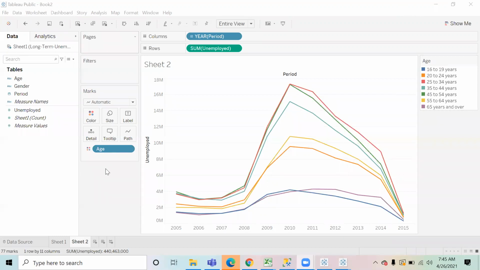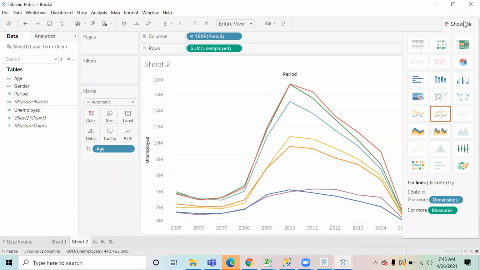Now, what we are going to do over here is, first of all, we are going to change the chart, right? So by default, up till now, what we have learned is that whenever we are creating charts, Tableau is automatically creating them for us. If you want to change the chart style, what you do in that case is you click on Show Me. If you click on Show Me over here, you will see different types of charts coming up. Now, these are different charts that you can create in Tableau.